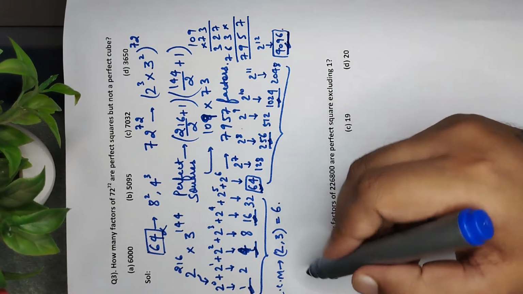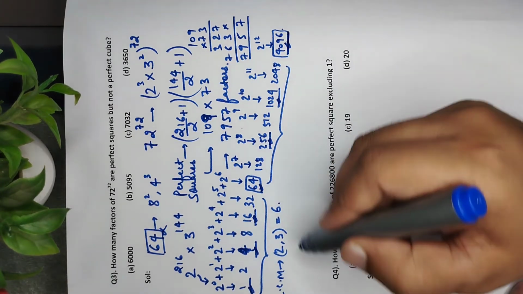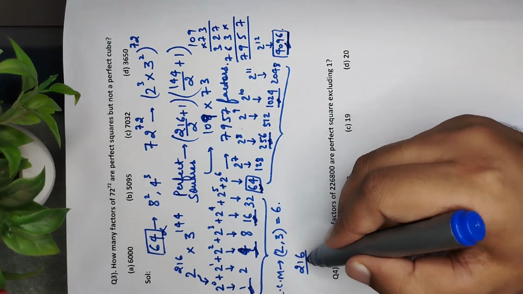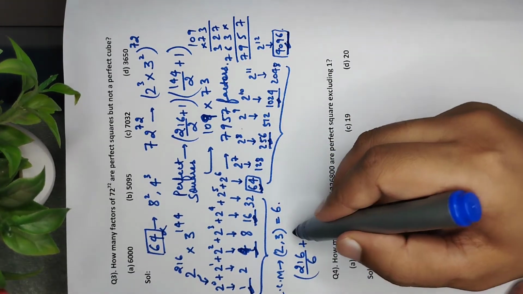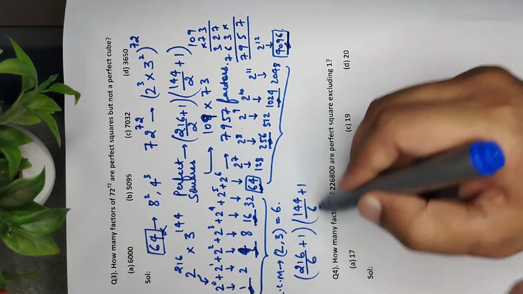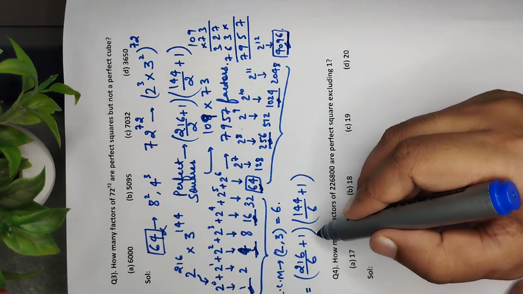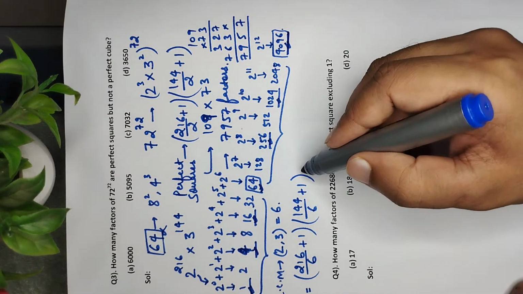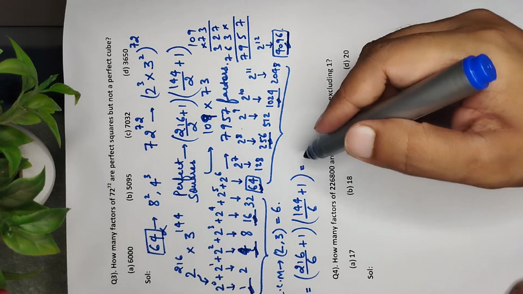So what we can do is, for perfect 6, we need to divide it by 6 and then add 1. Similarly, 144 divided by 6, adding 1. So what we will get from here, we will get those numbers which are perfect squares as well as perfect cubes. So solving this, we get